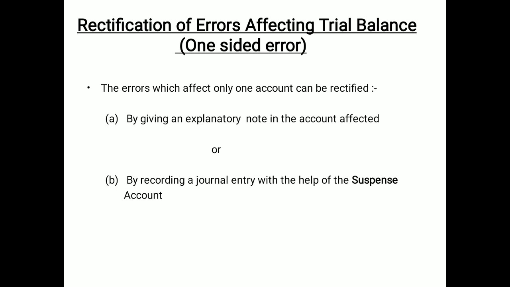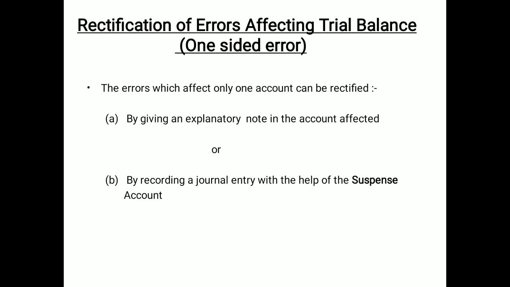In the same way, if the credit side is short when you are preparing the trial balance, then put the suspense account on the credit of the trial balance. When you open the suspense account, it will be on the credit side of the suspense account with the name of the difference in trial balance. So the first item will come from the difference in the trial balance, whichever side is short. If debit is short, it will come to the debit of the suspense account. If credit is short, it will come to the credit side of the suspense account. It is opened from this difference of the trial balance.